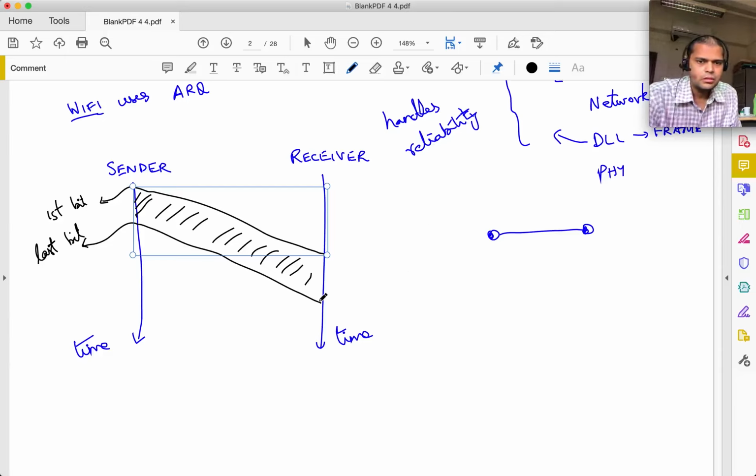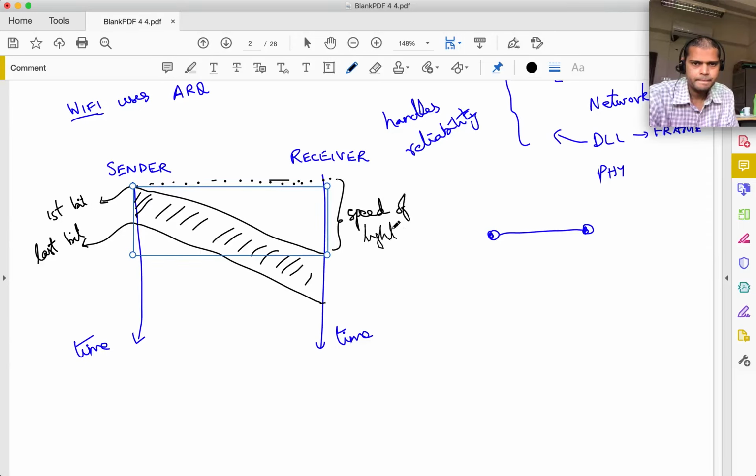Okay, so let's say this is T0, this is T1. I'm sending out the frame, I'm sending out the signal which corresponds to this frame over this period of time. And the frame travels and it reaches the receiver a little bit later. Right, so this is the speed of light delay. Okay, so the frame goes across,